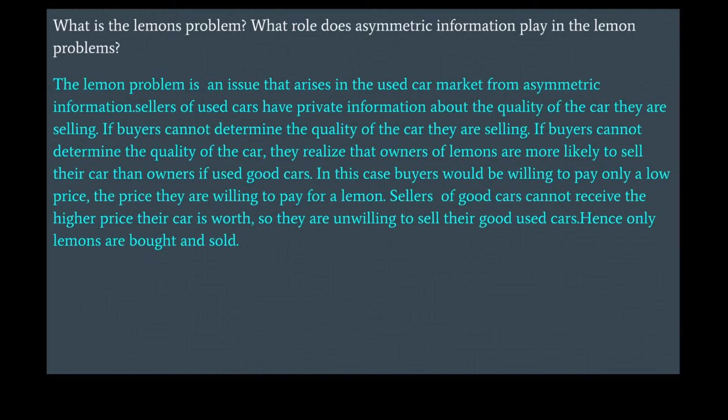The next question, what is a lemon problem? What role does asymmetric information play in the lemon problem? The lemon problem is an issue that arises in the used car market from asymmetric information. Sellers of used cars have private information about the quality of the car they're selling. If buyers cannot determine the quality of the car they're buying,